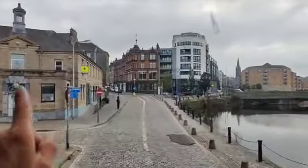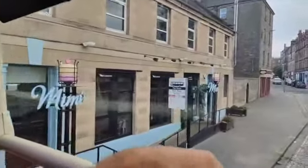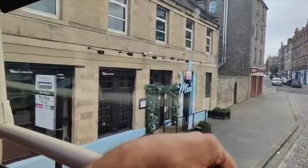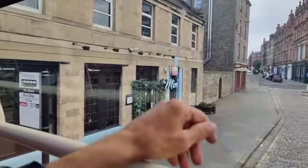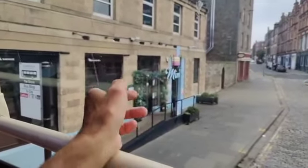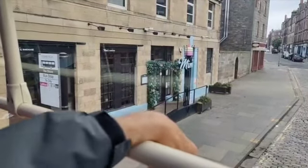But if you see on the left-hand side here, this building used to be the unemployment office, and this is where the pop band, the Proclaimers, used to sign on. You know the Proclaimers? I would walk 500 miles, and I would walk 500 more. Well, they used to sign on the door there. And they filmed their first single. In fact, if you want to go to YouTube and put on Letter from America by the Proclaimers, you'll see